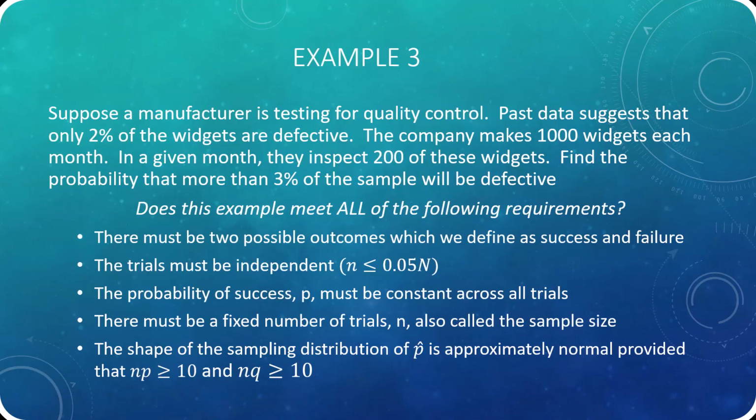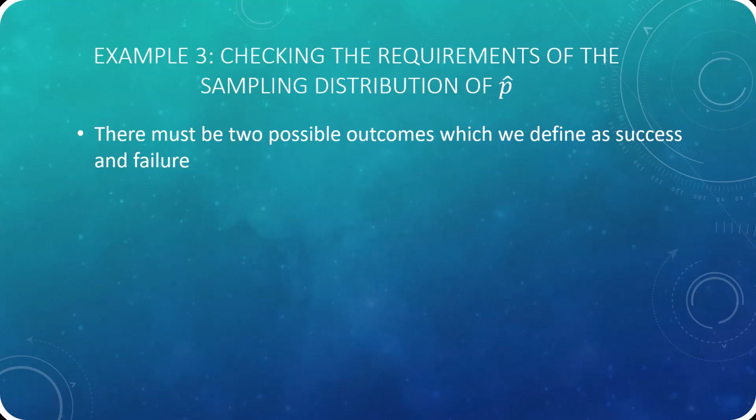So the first thing we have to do is start checking all of the requirements. First of all, there have to be two possible outcomes, which we define as success and failure. So success will be the widget was defective and the failure is not defective. Again, I will remind you, in real life, success would be that it's not defective, right? But again, in statistics, success is the presence of an attribute, which is that it's defective. Failure is the absence of that. It doesn't have the same connotation as it does in everyday life, that success has to be something desirable or